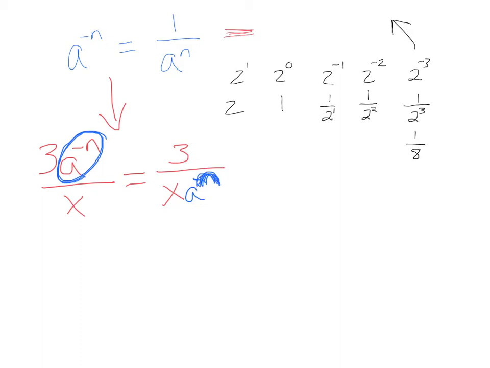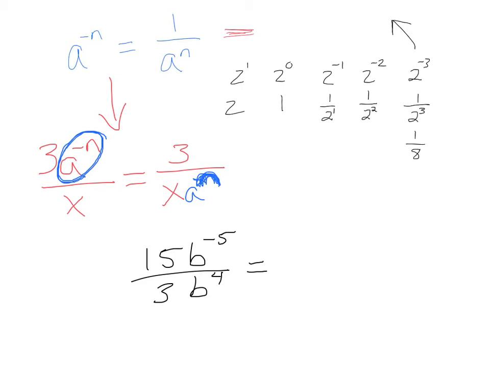So that's a positive a to the n. So what's an example of that? Well, if you have 15b to the negative 5 over 3b to the fourth,